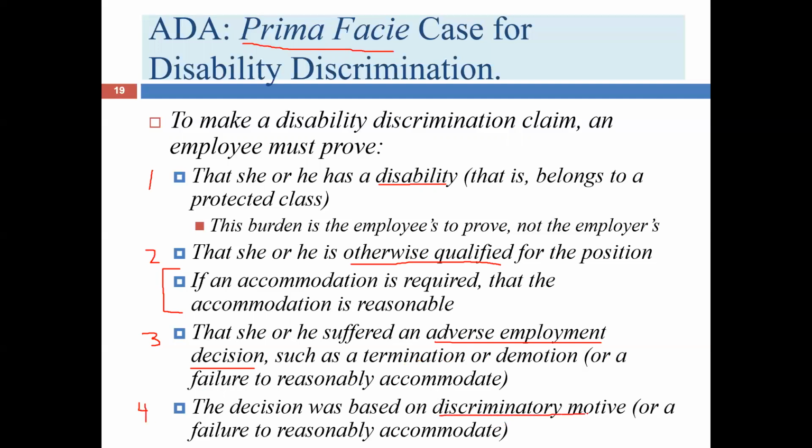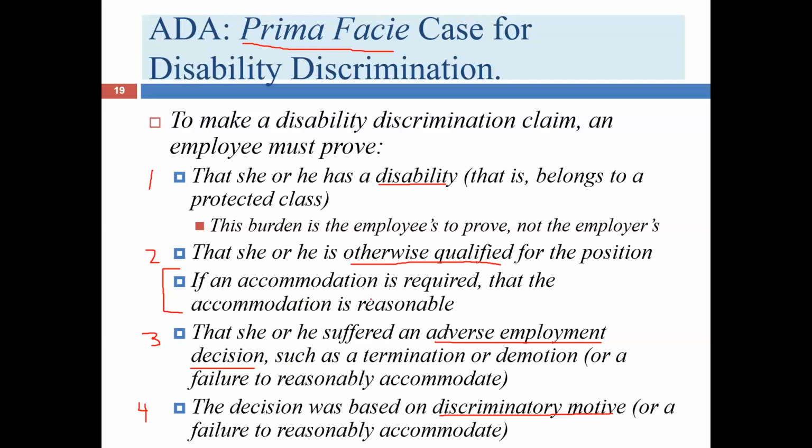And again, discriminatory motive is perhaps not the best way of thinking about this, because we're really not talking about somebody having an evil intention toward this person, because most of these cases are going to be about reasonable accommodation. So it's more that the reasonable accommodation was denied, not so much that the employer was trying to mistreat a disabled person. So let's go back up to the one that I skipped. This is the one that doesn't parallel what we had under Title VII. Again, this is more like what we saw under the religious discrimination, which of course is part of Title VII, but it's kind of the exception to the Title VII usual analysis.